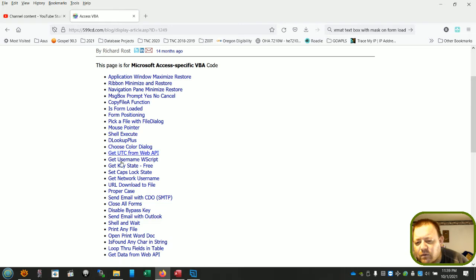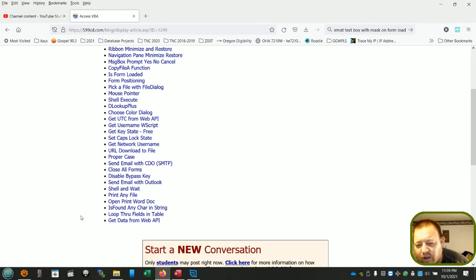get username, URL, don't close all forms, bypass, disable the bypass key. So if it's an environment that you really don't want people accessing, you can disable it, so they can't get in by mistake if they just randomly do it, kind of like